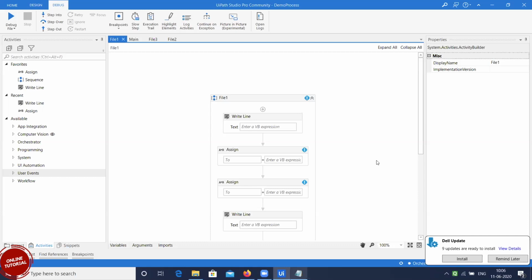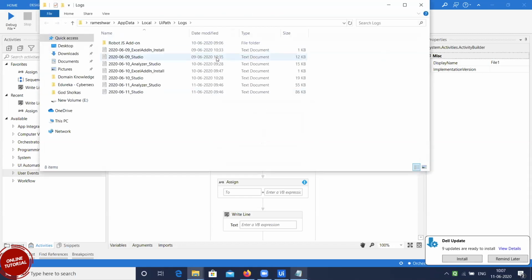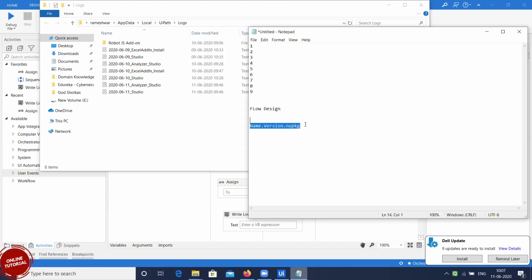Okay. So here, one thing is, there is one button called open logs. Open logs will directly take you to a log folder. If you click on this, it will directly take you to a log folder. You don't have to remember the path or navigate anywhere, not required. It directly takes you to the common path. So basically, we have two types of log in UiPath